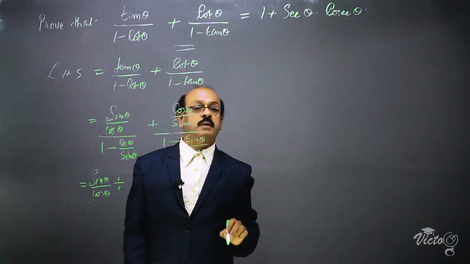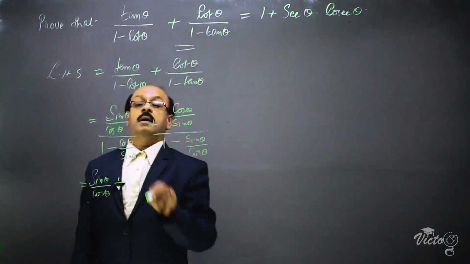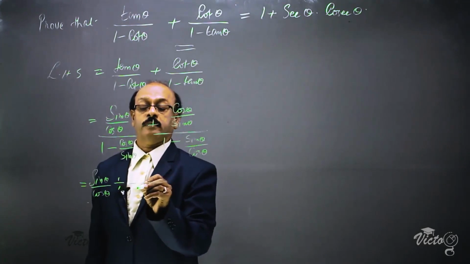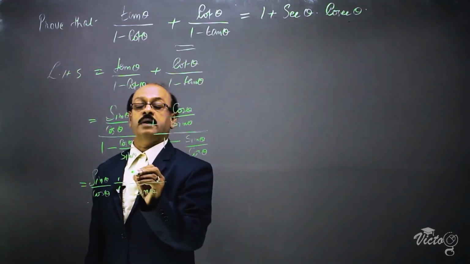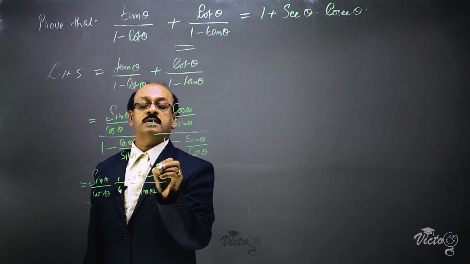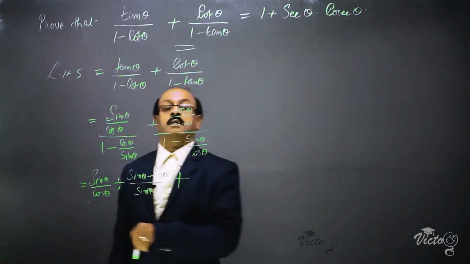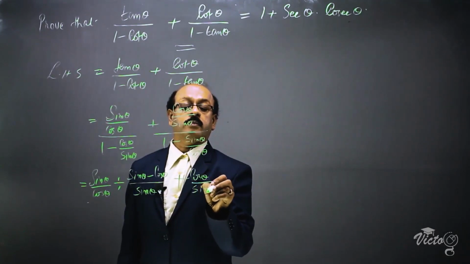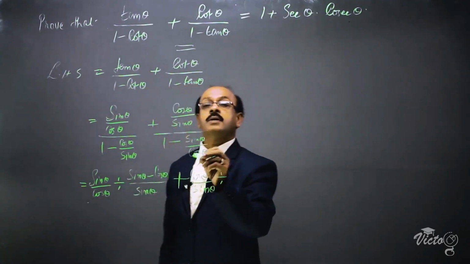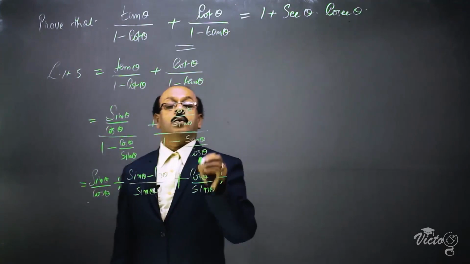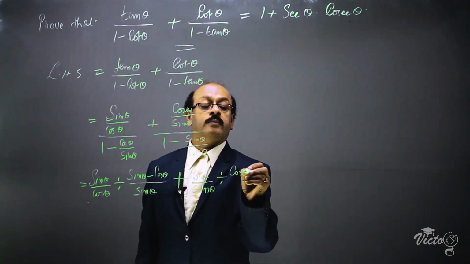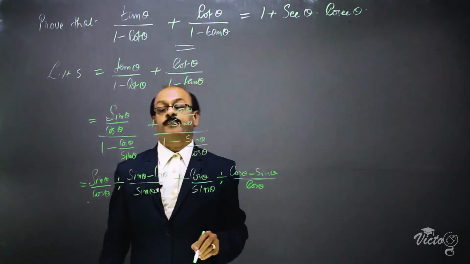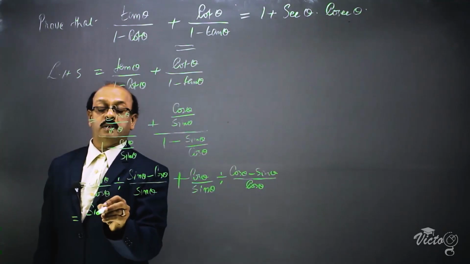Instead of the whole divided by the line, we can use the division symbol, and here we have to cross multiply after taking the LCM. LCM here is sin theta. Now cross multiplying, it is sin theta minus cos theta. Then plus, here cos theta by sin theta divided by, here also we are cross multiplying after taking the LCM, cos theta minus sin theta, cos theta minus sin theta divided by cos theta. Now sin theta by cos theta.